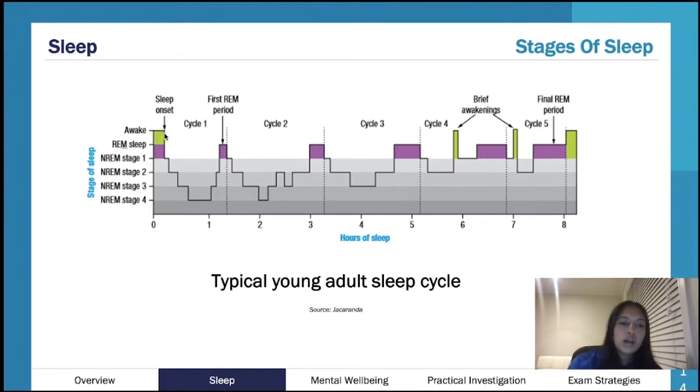So you ultimately enter sleep, you're in stage 1, stage 2, and you spend a decent amount in deep sleep towards the beginning of the night. As you can see, as you go into the 8th hour and longer into the night, you get less deep sleep. By the time you're on your 3rd, 4th, and 5th sleep cycles, you're not getting into that stage 4. So your deep sleep is mainly towards the start of the night.